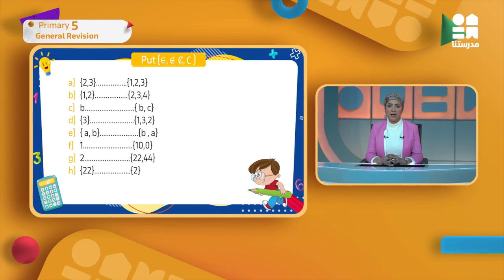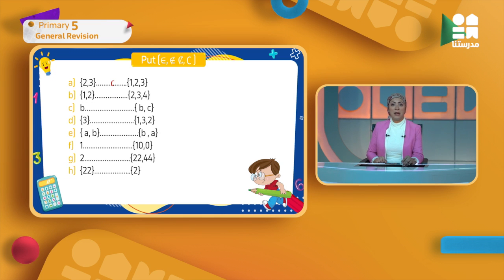So here in letter A, I have the set of elements 2 and 3 and the set of elements 1, 2, and 3. Two sets, then subset and not subset. The second step is to see if the elements, all the elements in the first set are in the second set or no. Here the 2 and 3, yes, both of them are in the second set, then it is